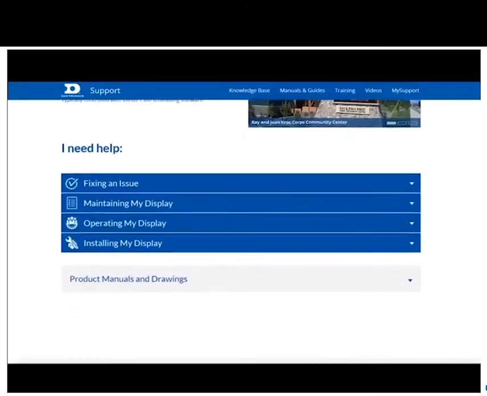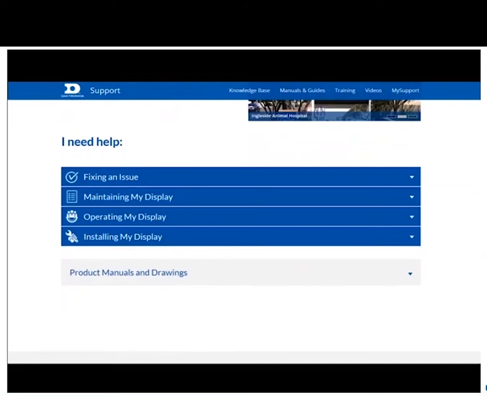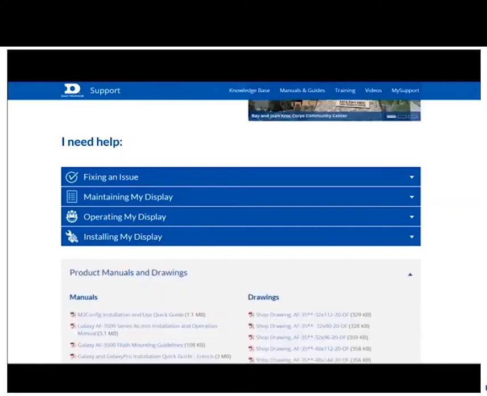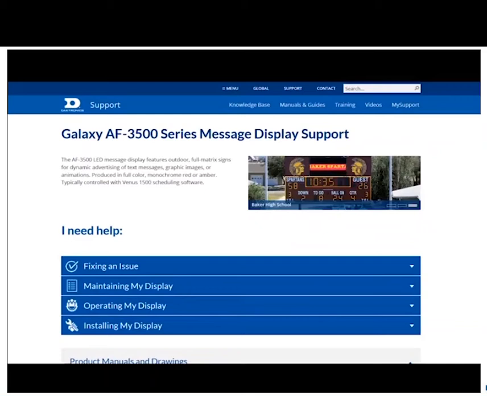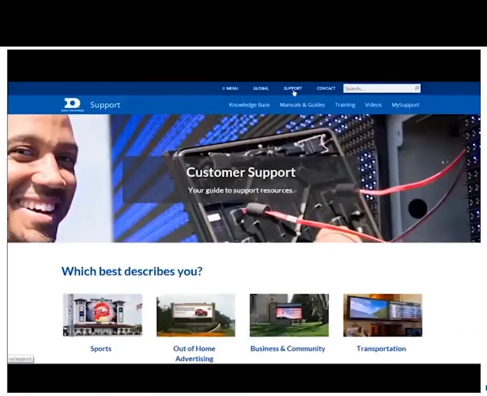Notice there are drop-downs for Fixing an Issue, Maintaining My Display, Operating My Display, and Installing My Display. With the product type narrowed down, you can open the product manuals and drawings which are specific to the AF3500 product. Again, let's go back to the support landing page